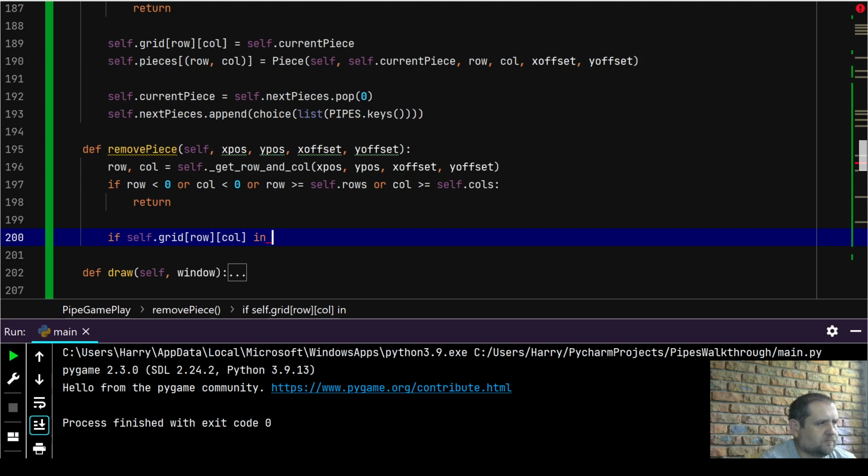I'm just having a look at something. I'm just thinking, because I wrote out the entire list of items that it shouldn't be, but we shouldn't have to do it that way. We should be able to just, okay, if self.grid row column is in. Well, let's just do it that way for now because we don't want to waste your time. So if it's an empty space, if it's start right,